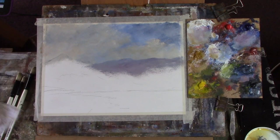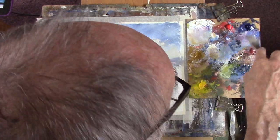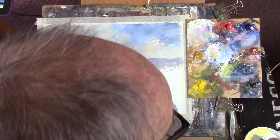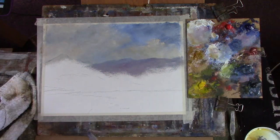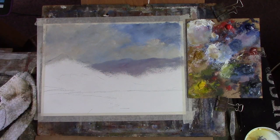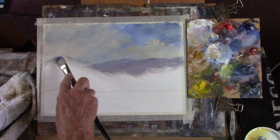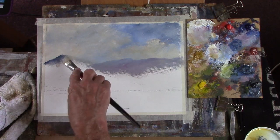Right, now we'll get some nice good darking on here. Payne's grey, blue, oil, tea. Lovely strong cup of tea. I usually forget to drink it, which is a bit of a nuisance, but